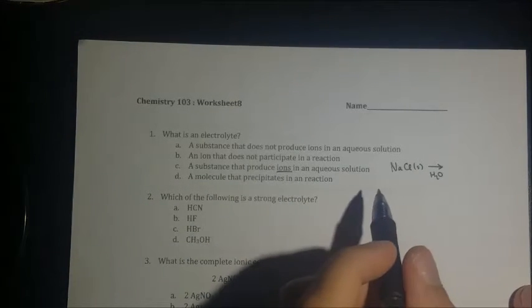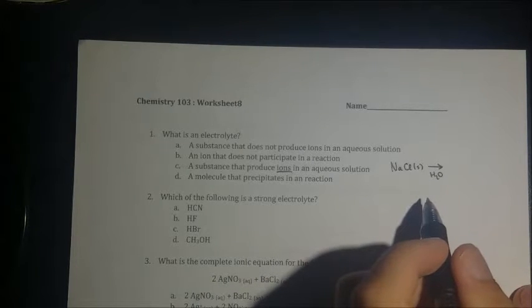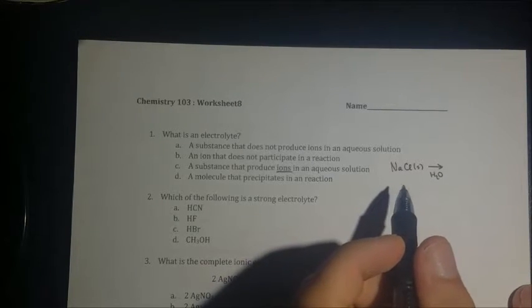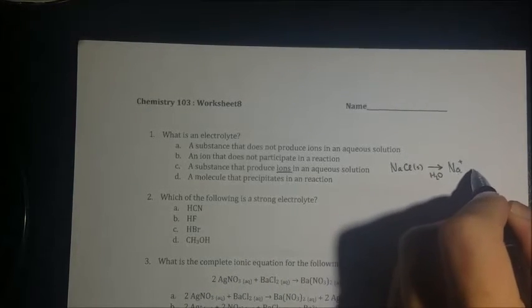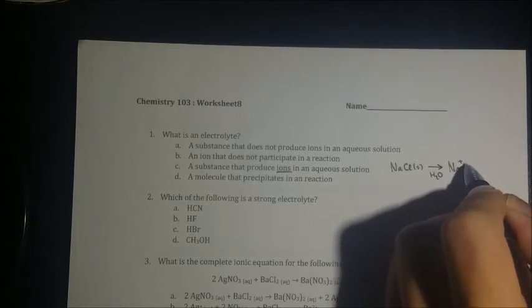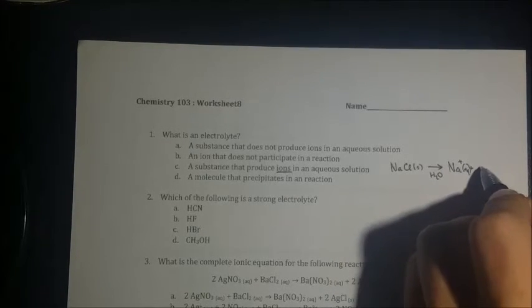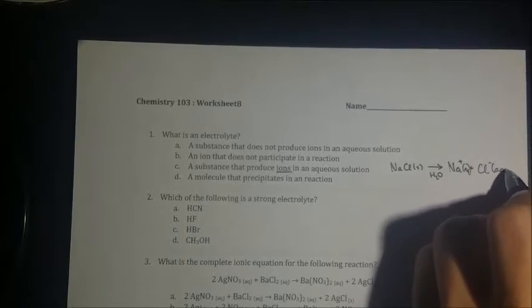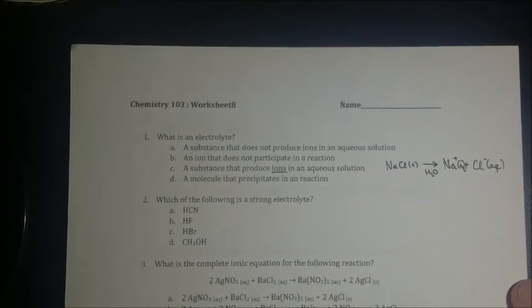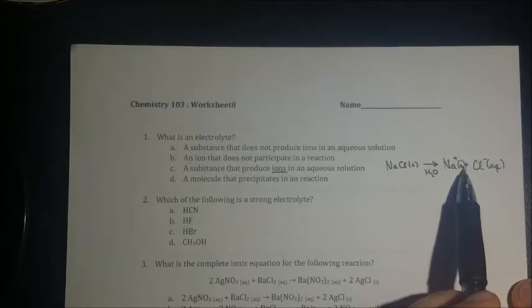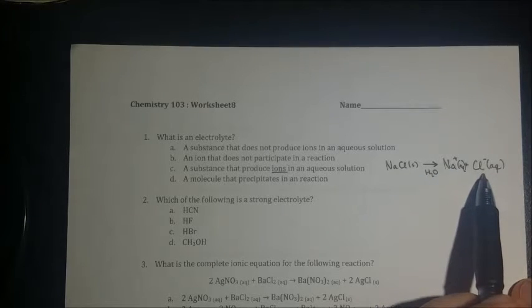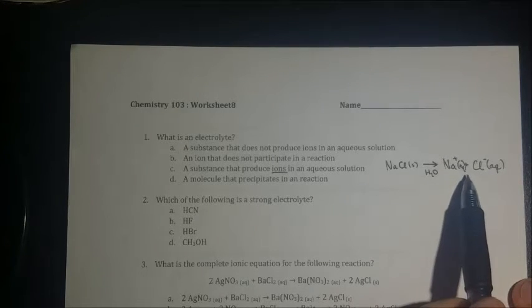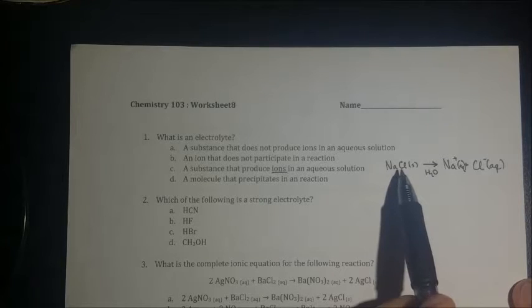And a great example of an electrolyte is something like sodium chloride. So if you put sodium chloride in water, like table salt, which is something we're all familiar with, we're going to make sodium ions that are aqueous and chloride ions that are also aqueous. And just to be clear, aqueous means that it's dissolved in water. So we've got sodium ions and chloride ions dissolved in water. And because we have made ions as a process of this dissolution, the sodium chloride is an example of an